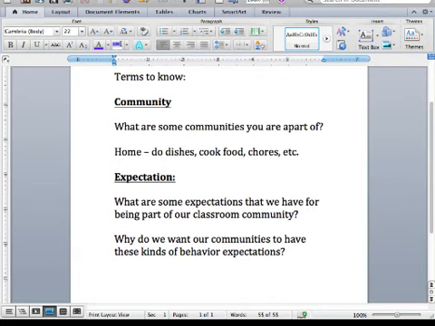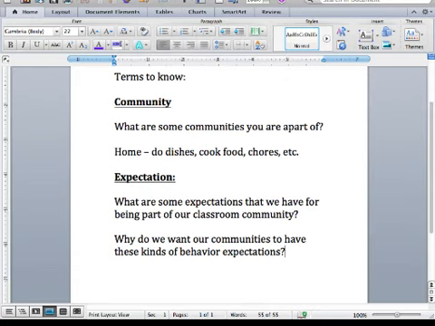So we can be safe with our words and bodies. Ooh, that's a great point. With our words and our bodies. So we can be safe with our words and our bodies. That's really good. That's definitely one thing that we want to have these kinds of behaviors. Because if you're safe with your words and you're safe physically with your body, that keeps everybody around you safe, doesn't it? Yeah, it does.